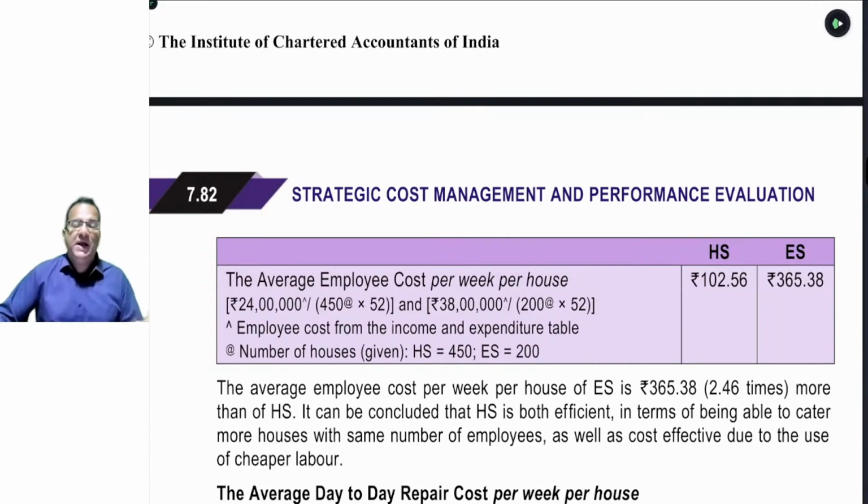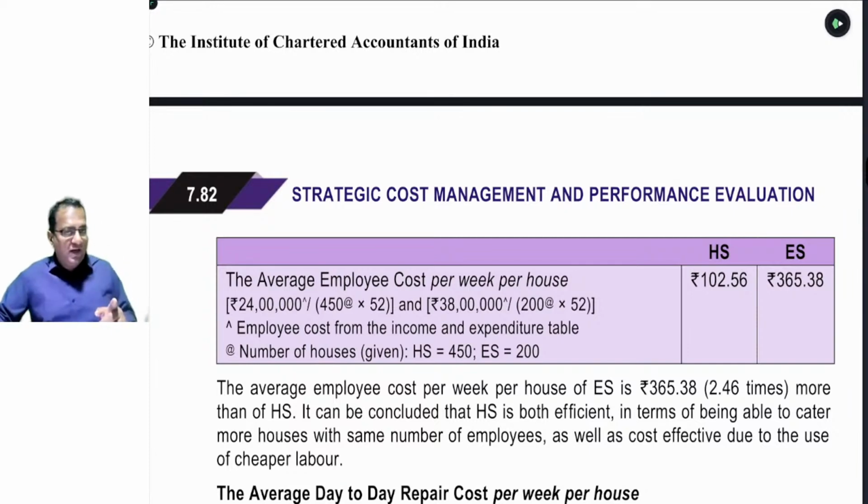Even you can multiply it by 12, but there is a point given: rent per week. When you see the question, the rent is payable on per week basis. So the cost unit of this organization is per week. Therefore, the calculation has been denominated on per week basis because rent is per week. So it will be easy for us to compare that rent per week with the employee cost per week.